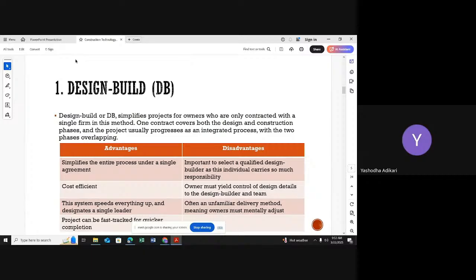And by using this design and build procurement method, you can complete your project a little bit more quickly. The reason is you are not required to wait until the design part is finalized. Without design finalization, you can start your work. Right? Another thing, think about that. I think this word may be very new to you: the variation.